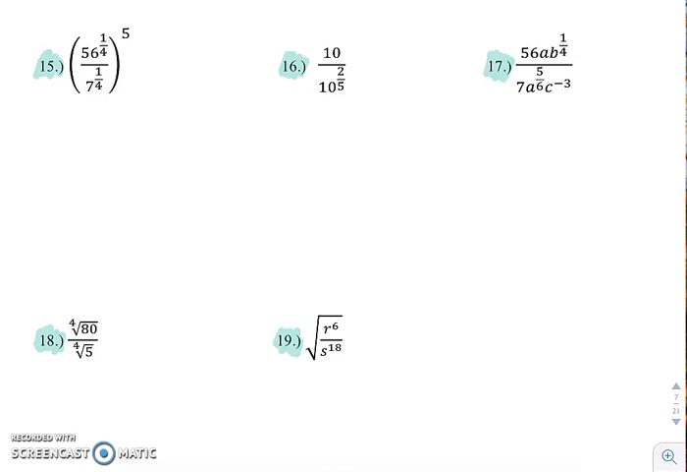So when you're dividing, it's the same thing. You're going to use the same exponent rules you've always used. You just have to pay attention to the type of problem that you have. So like if we look at number 15,